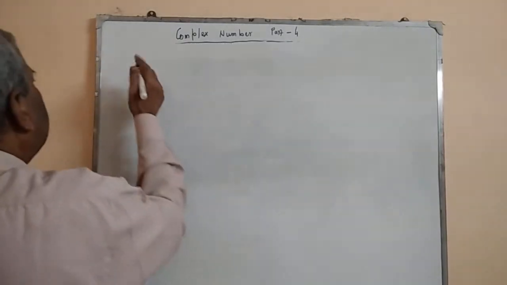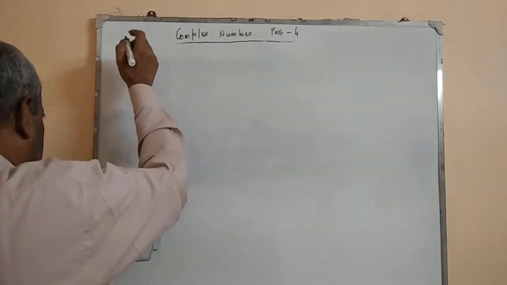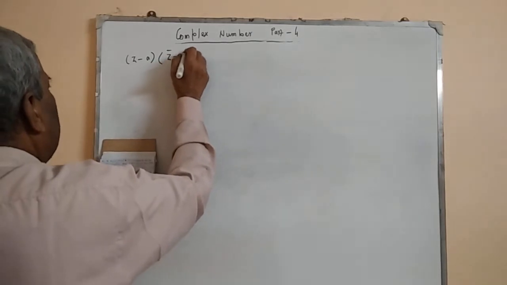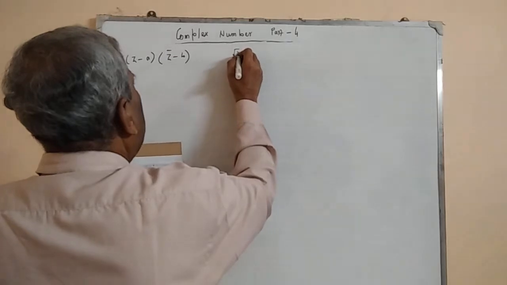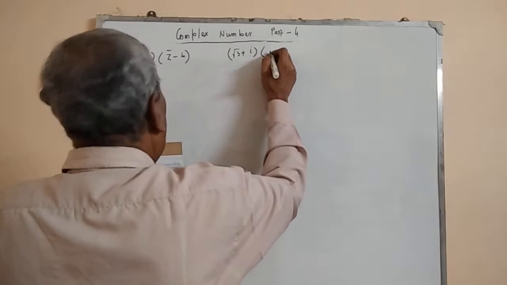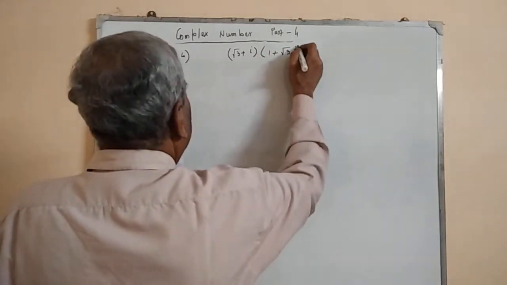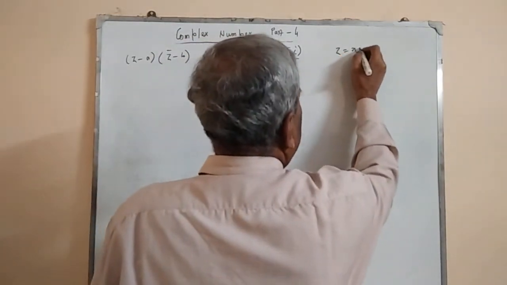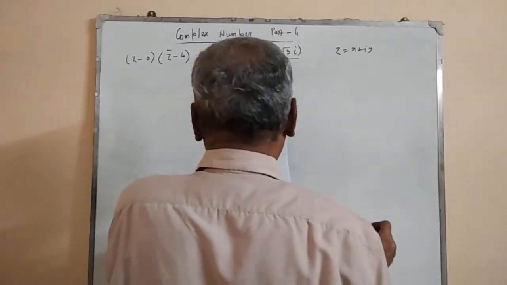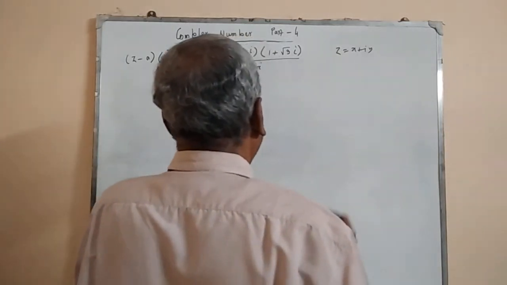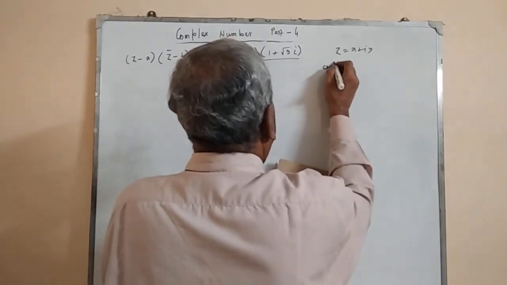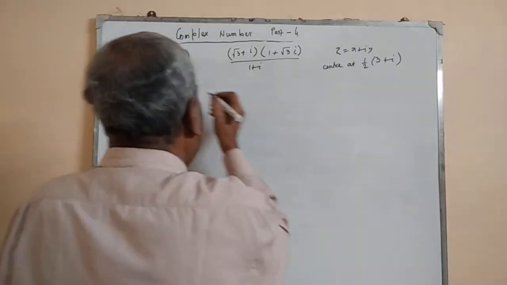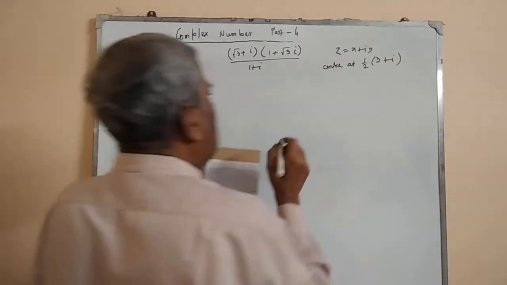If argument of (z minus a) into (z bar minus b) is equal to that of (root 3 plus i) into (1 plus root 3 i) by (1 plus i), where z is equal to x plus iy, a and b are real, then locus of z is a circle having center at half into (3 plus i), then the value of a and b, this pair (a, b), its values are